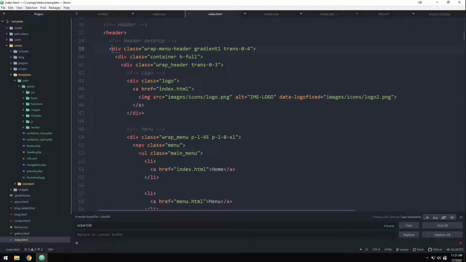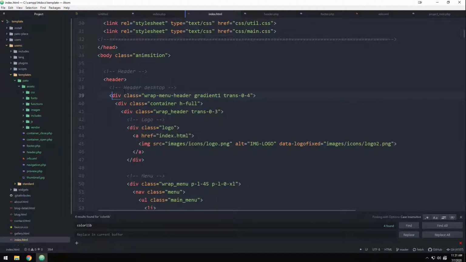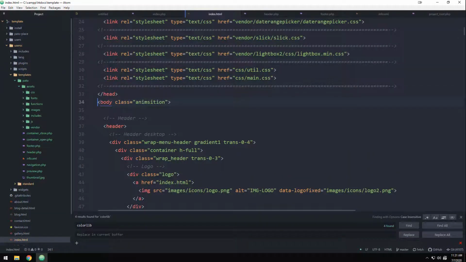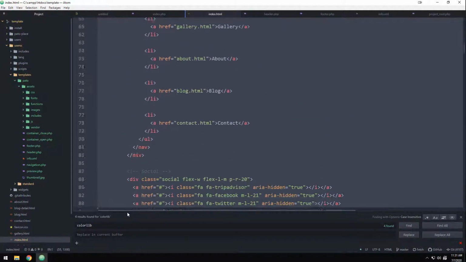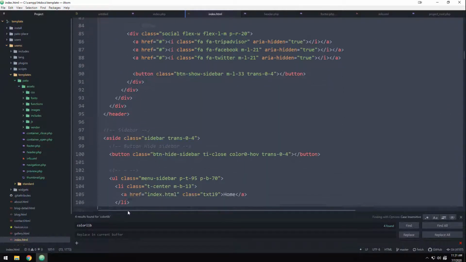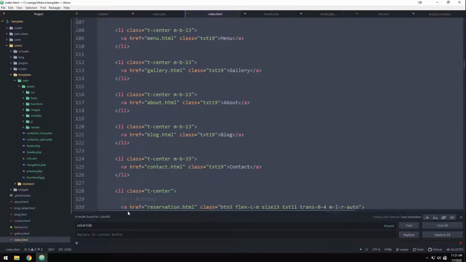Okay, so header, desktop, header. All right, body class animation, head. Okay, so what we're going to do, we're going to grab all of this, all of these menu links that they have. And I think they still go here because there's a,